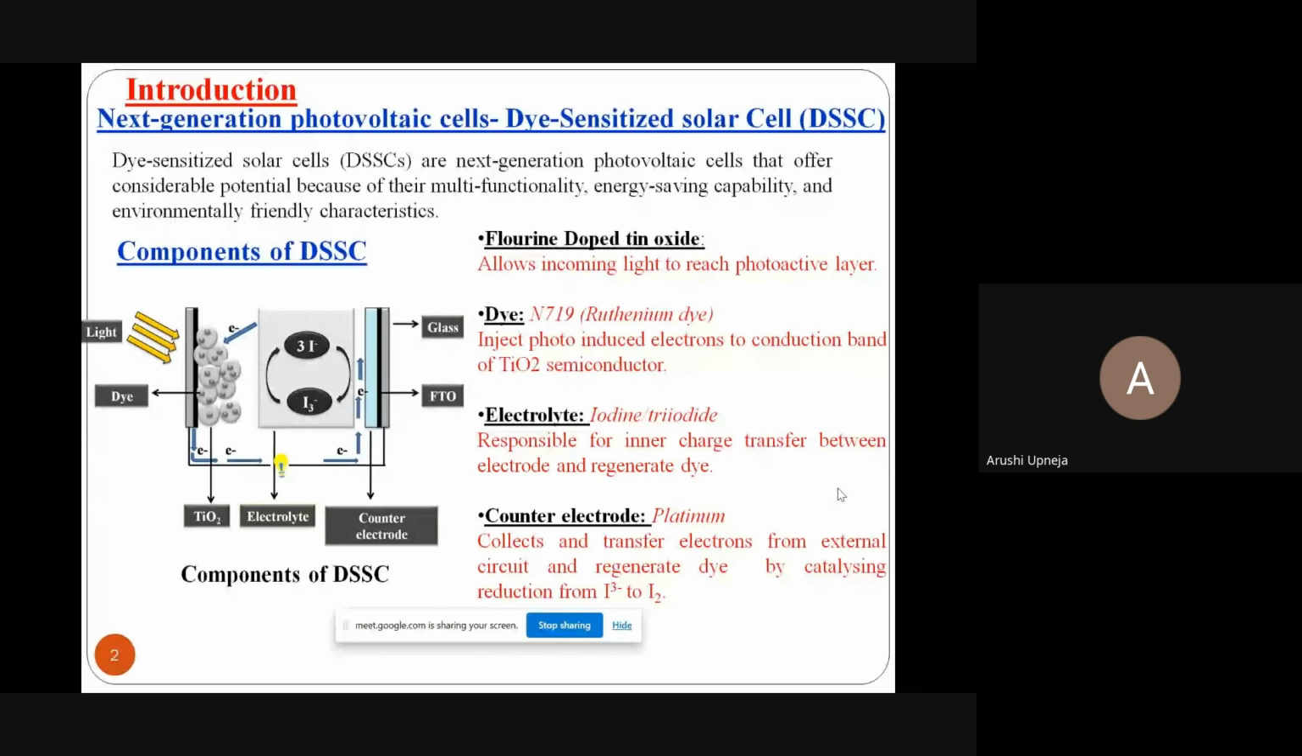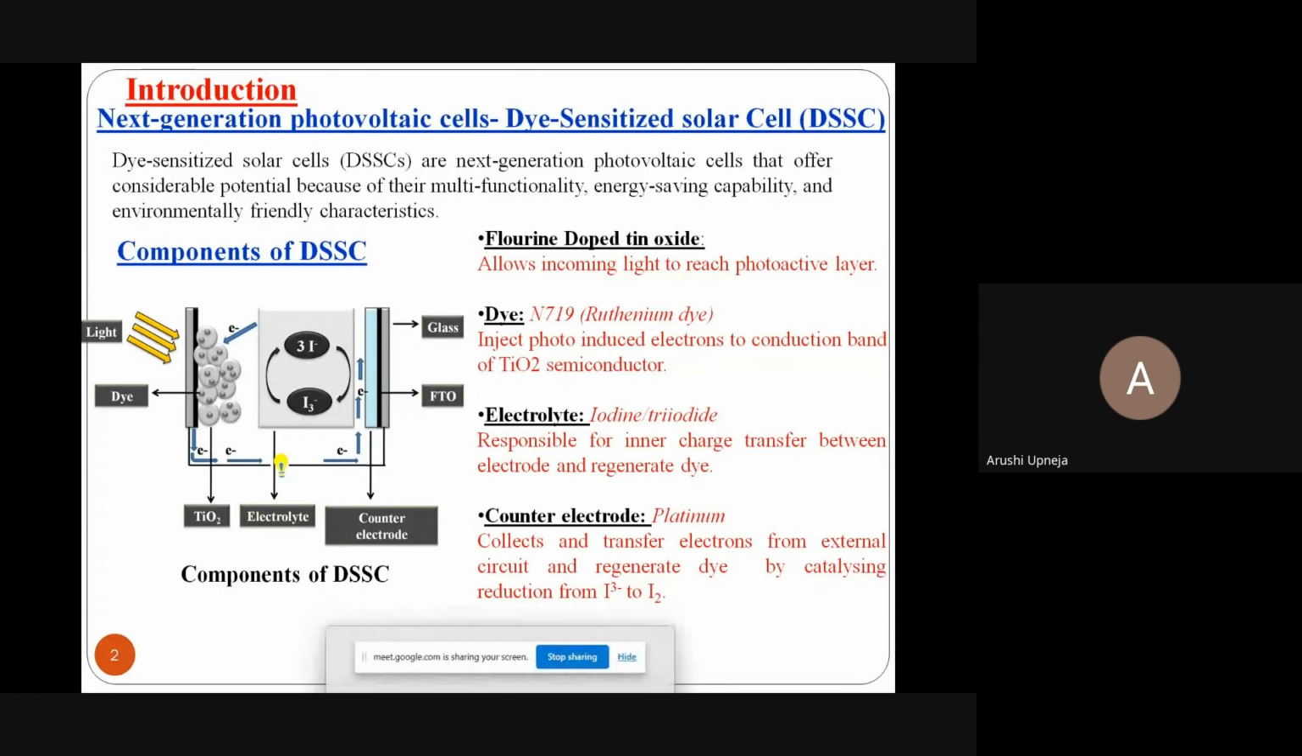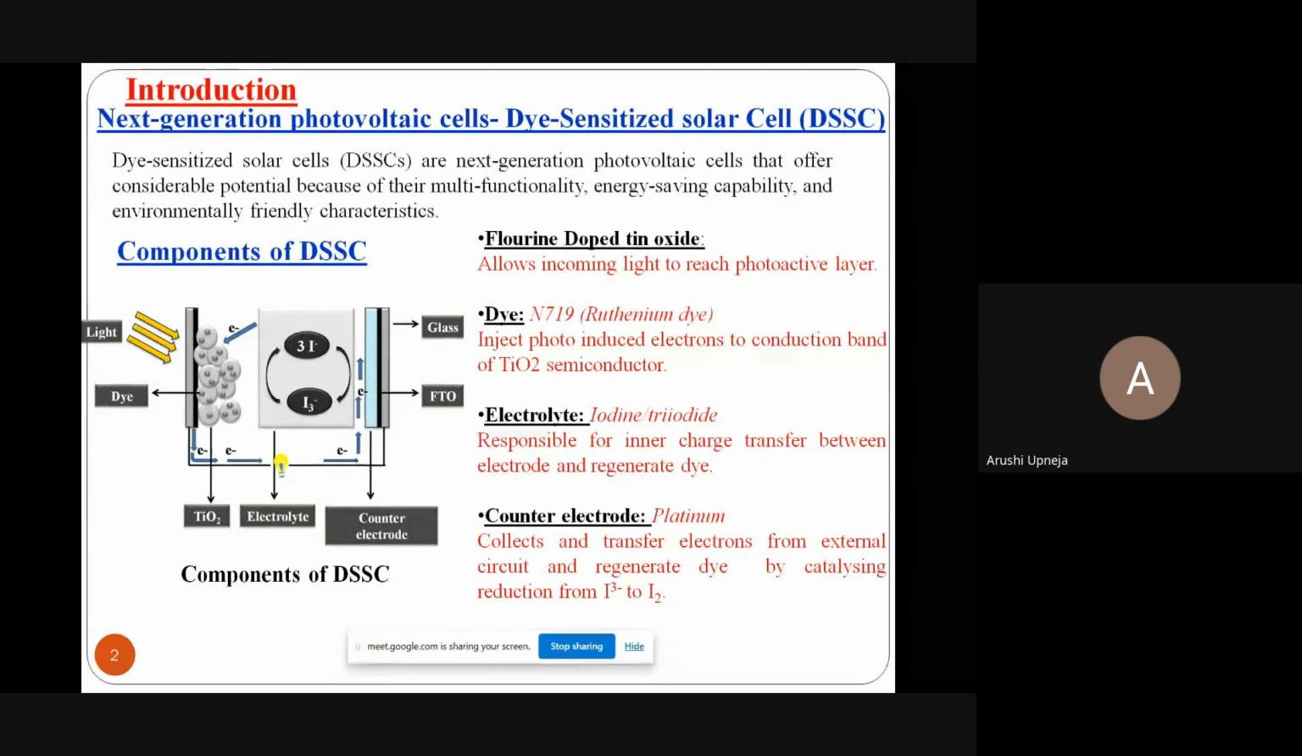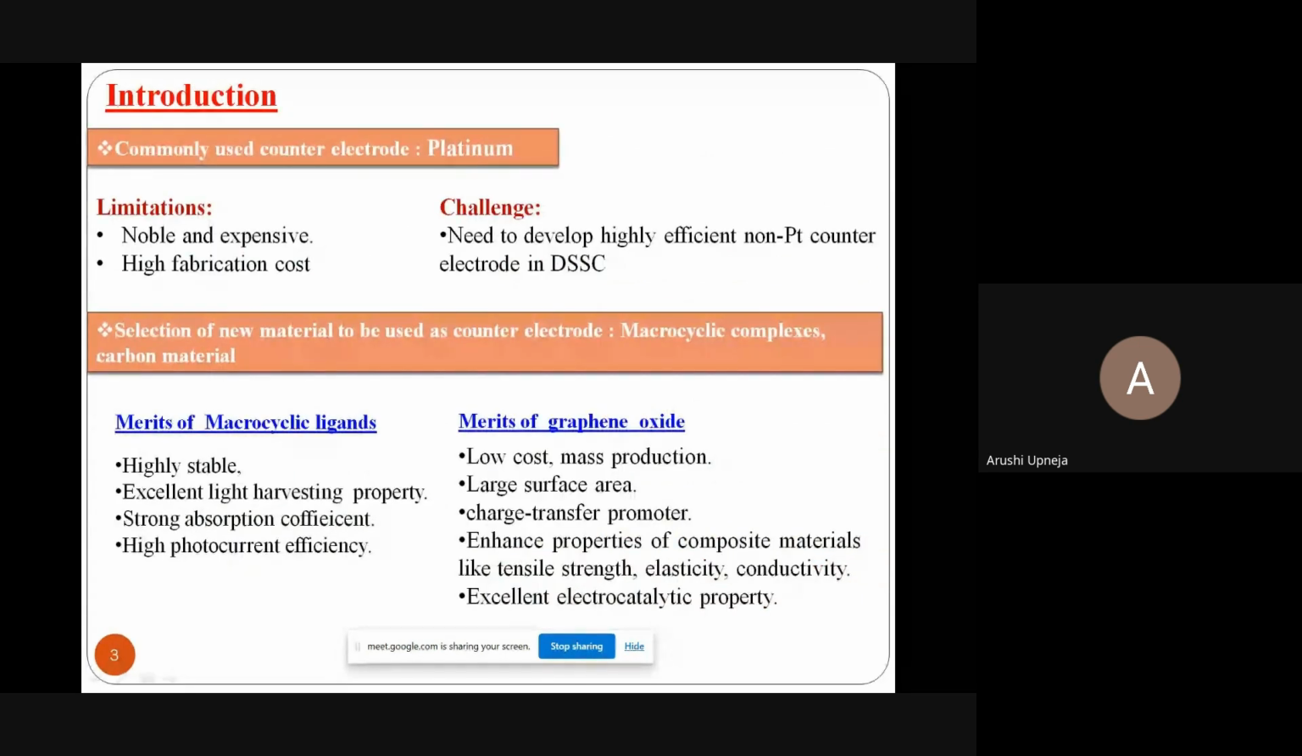The fourth component is the counter electrode, which is platinum, which collects and transfers the electron from the external circuit and regenerates the dye by catalyzing the reduction of iodine to iodide. As platinum is an expensive material which makes the device unaffordable, we can replace it with an efficient macrocyclic complex grafted over